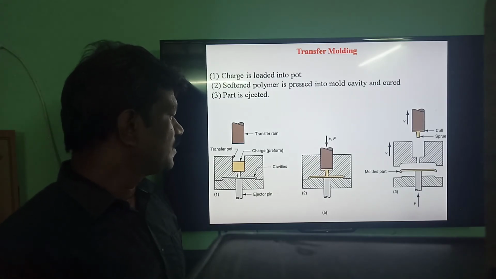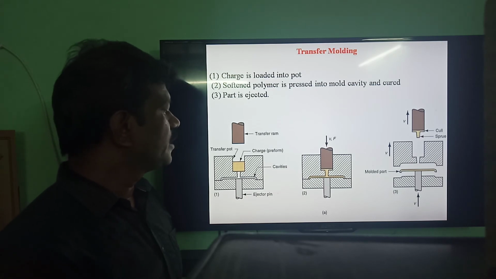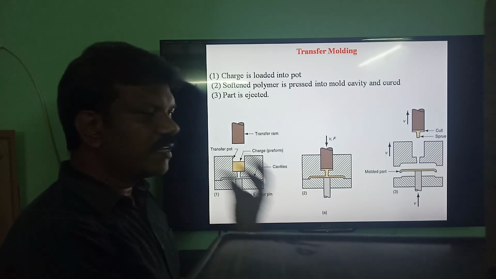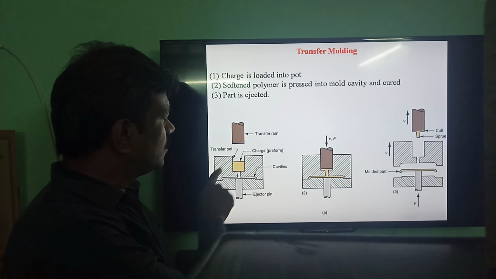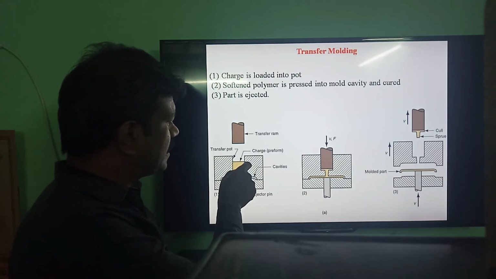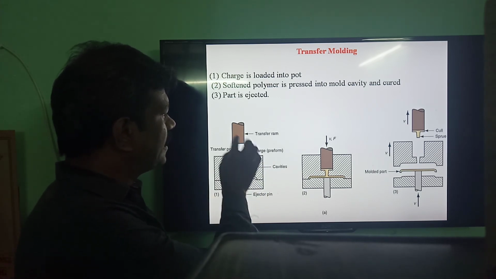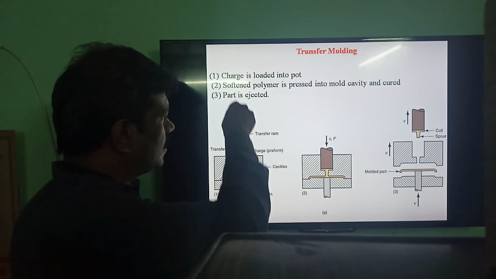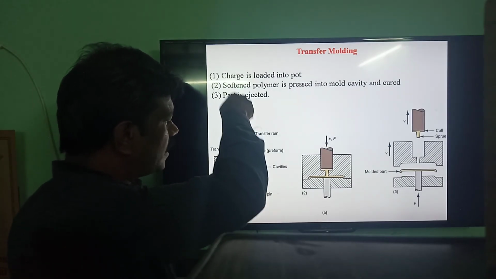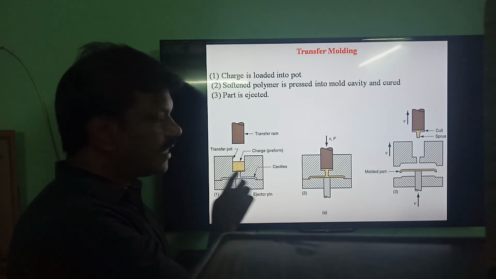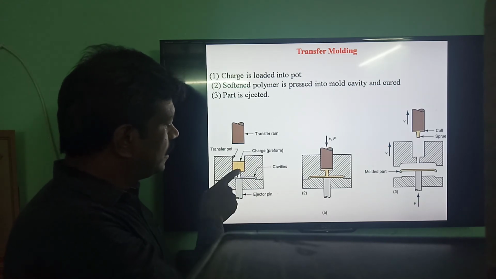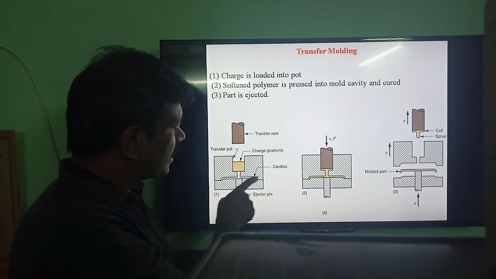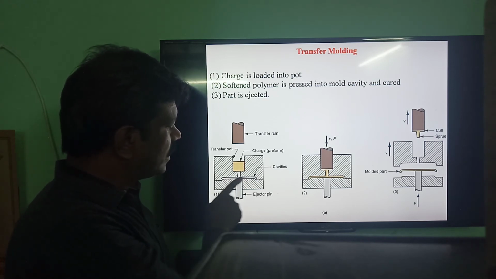Another one is the transfer molding process. The main difference is that in the compression molding process, the mold itself has the heating unit. But here, this is a heating unit. So here the material is placed, the plastic pellets are placed in this portion, and here it is melted. Here we have the transfer ram. We push the transfer ram towards this port, which is called the transfer port. Therefore the molten plastic is pressurized towards the mold cavities, so that the mold cavity is filled.